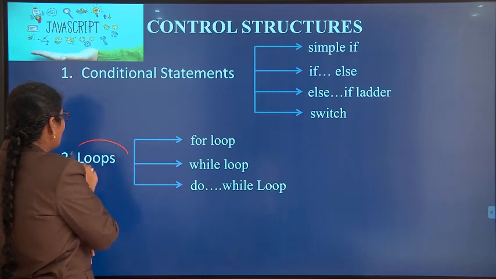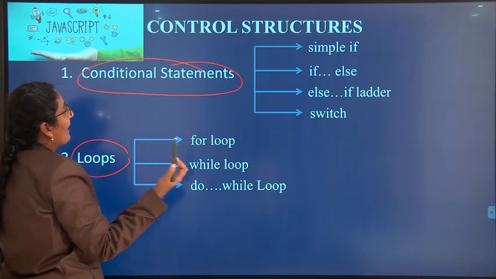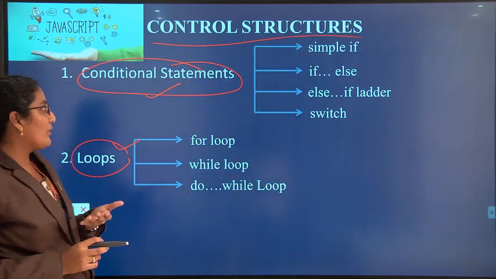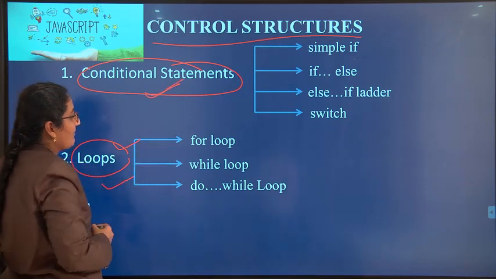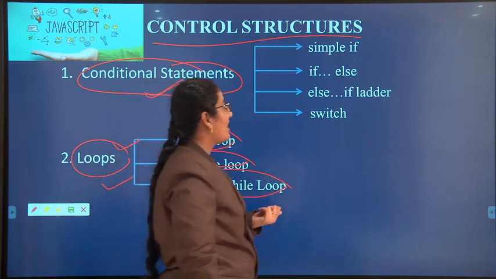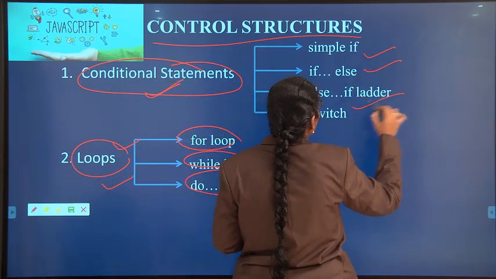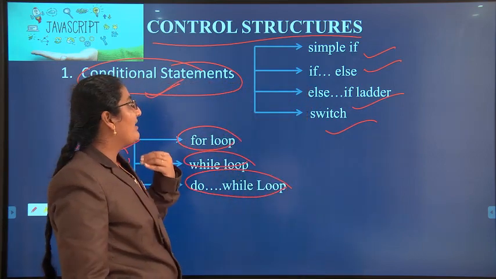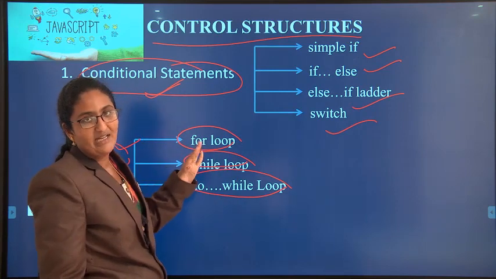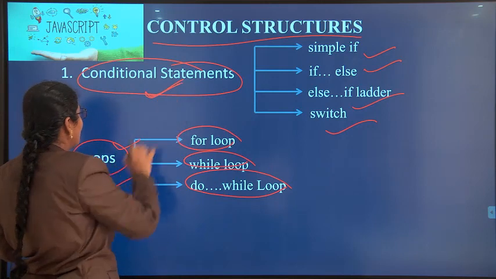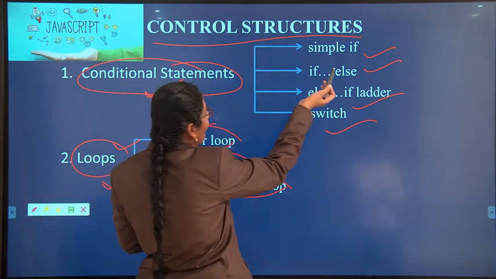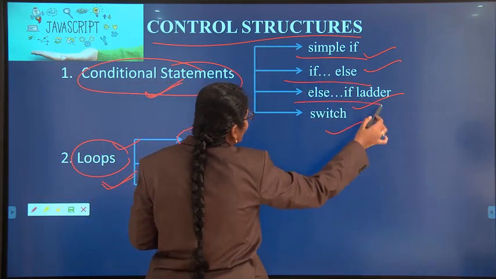So see, loops and conditional statements. If we combine loops and conditional statements, we call them control structures. What are control structures in any programming language? Loops and conditional statements. What loops will we have? For loop, while loop, do while loop. What conditional statements will we have? If, else if, switch. Very simple. In C, Java, Python, JavaScript, wherever you go, control structures will not change. These loops are also the same: for loop, while loop, do while loop. Conditional statements are also the same: simple if, else, else if ladder, switch.